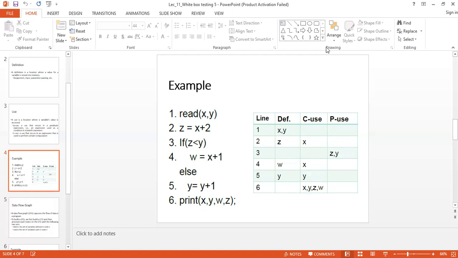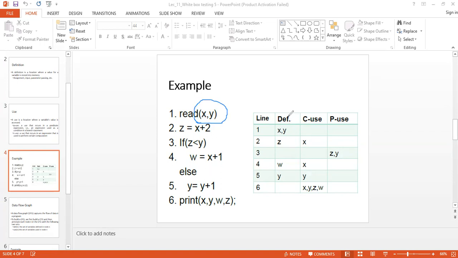If I try to give names for each and every line, you can see here x, y is defined.